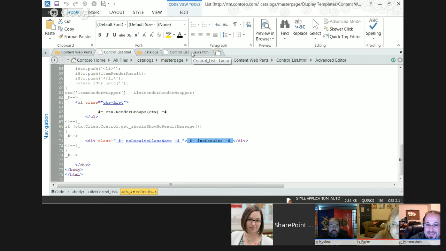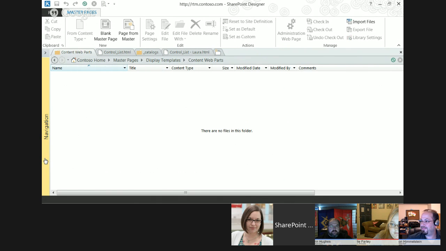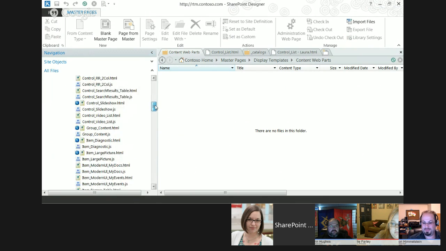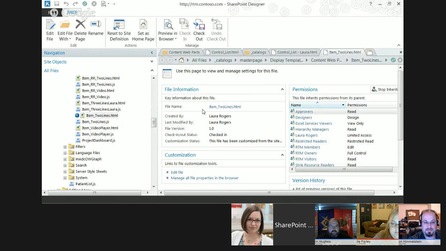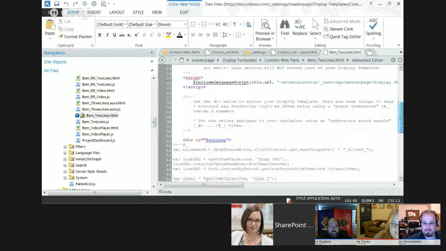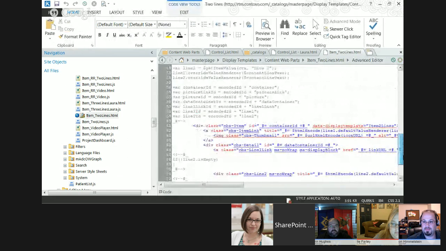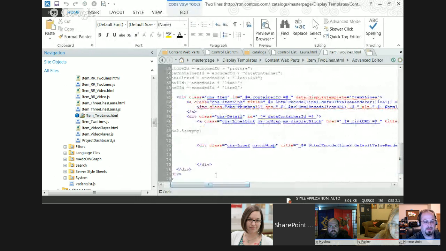Okay, so that's just the control. That's just the part that had the headers in it. So let's go into my content web parts over here. And then I have the one that I call Laura 3 lines. So there was item 2 lines, and that's the one that was out of the box. That's the one that you saw just now when I demoed it before. So item 2 lines is going to look like blah, blah, blah. I don't know what all that stuff is. And then I've got 2 lines of something. It's showing me